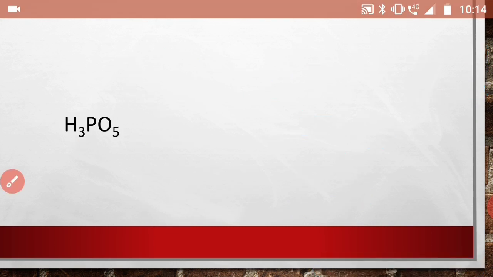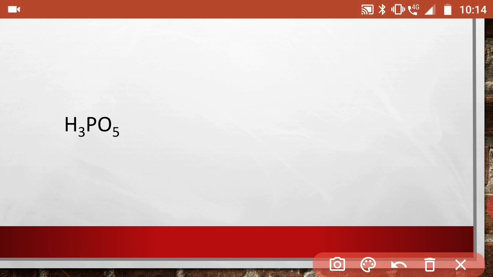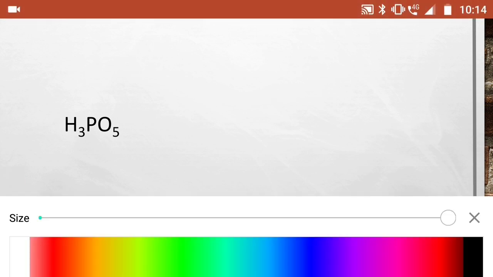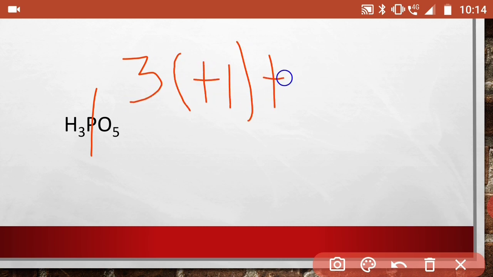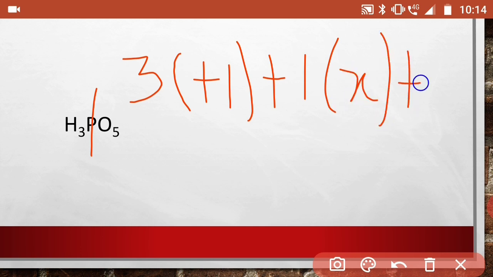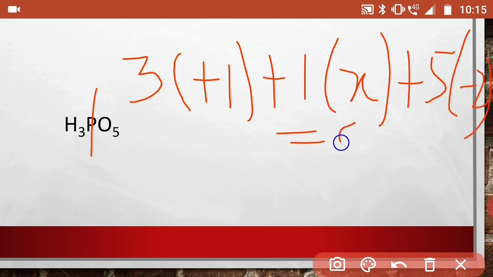next H3PO5. Here we have to find out the oxidation state of phosphorus. Number of hydrogen is 3, oxidation state of hydrogen is +1, number of phosphorus is 1, oxidation state of phosphorus is x, number of oxygen is 5, oxidation state of oxygen is -2, and overall charge is 0. So phosphorus has the oxidation state +7. Okay,